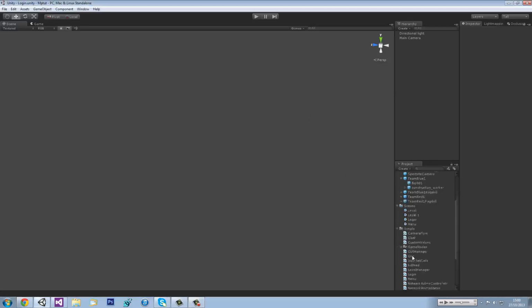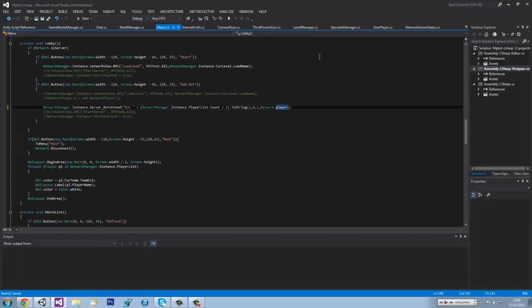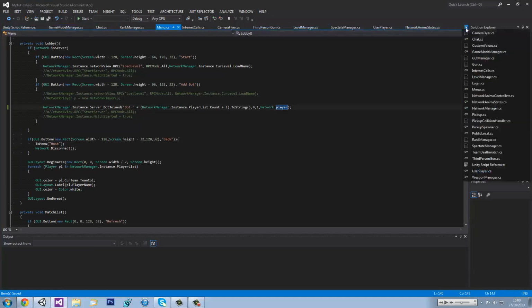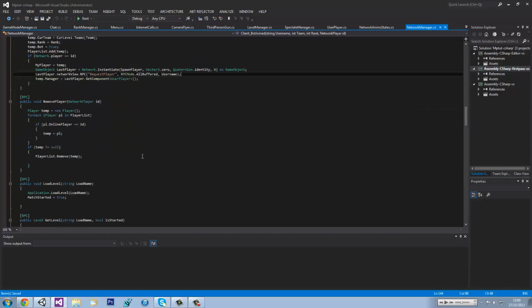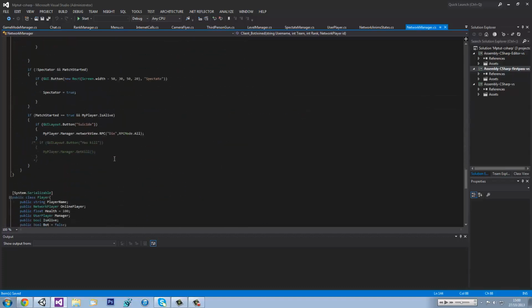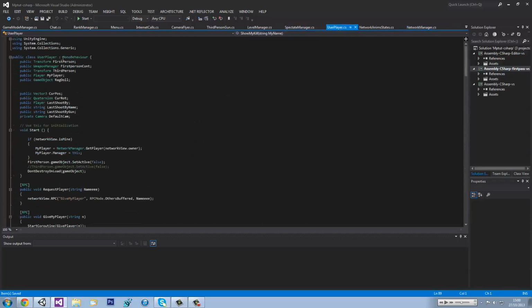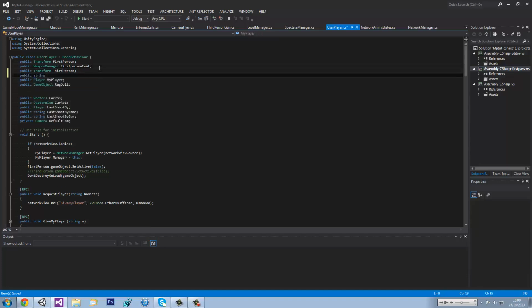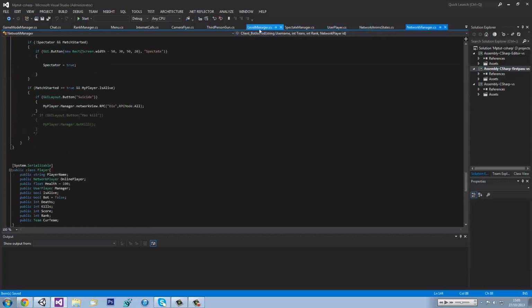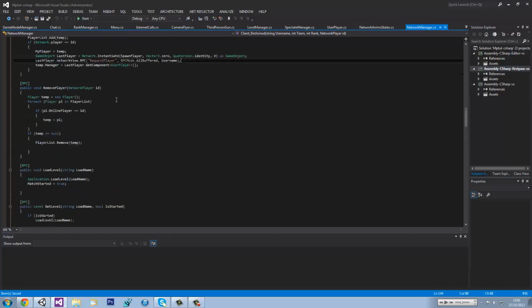Yeah, so first of all we need to go into Network Manager. Is that the right project? Yes it is. Network Manager, where are you? Network Manager. Now, down in the... no, that's wrong. In user player, that's it. We need to quickly create a string owner name, and then in here, in Network Manager, in the